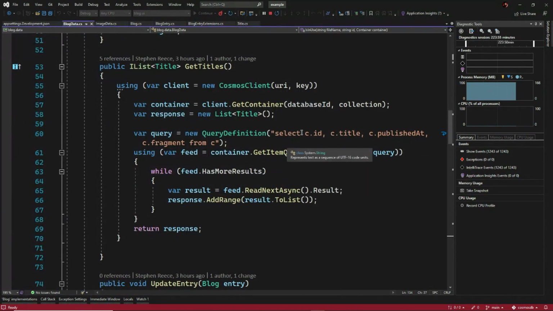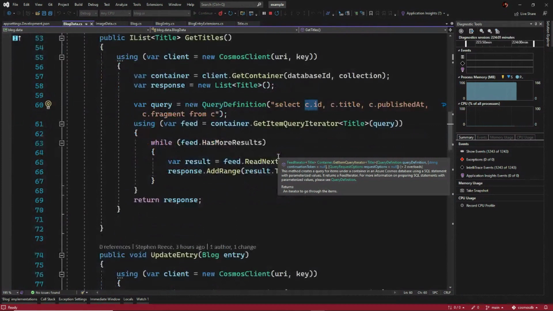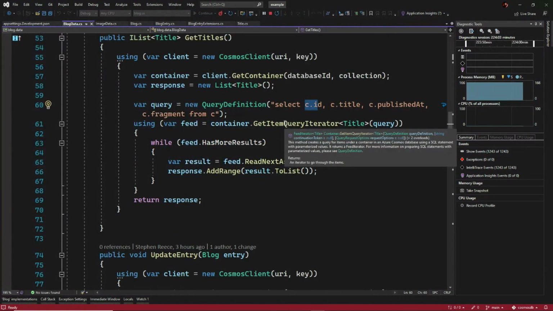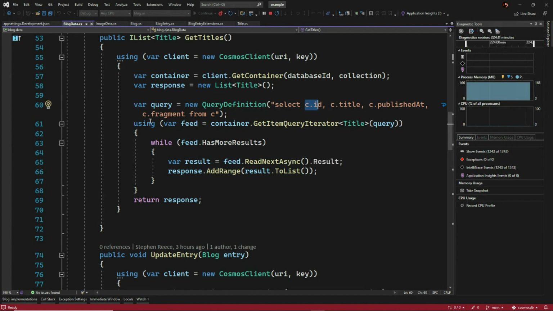And I'm going to go in here and say I want to select specifically my ID, my title, my published date, and the fragment. I'm going to get what's called a query item iterator, and this will execute that query and return back a stream of data that I can then iterate. It's disposable, so I wrap it in a using clause. And the first thing I check is,